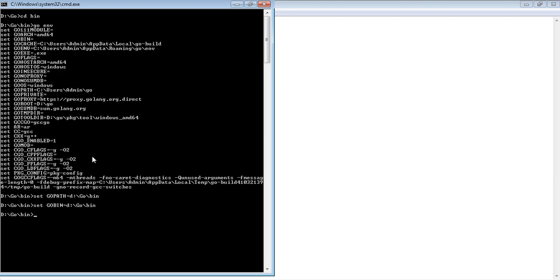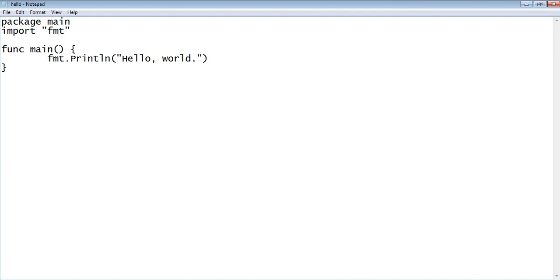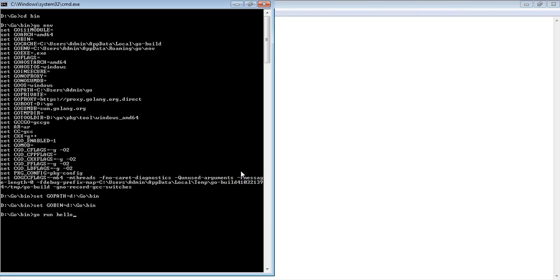Once that is over, you need to run this program. To run this program, this is the command you need to use. You have to type in go, then the keyword run, go space run space, then the name. The name of the program is hello. Just check it. You are given here, hello.go.